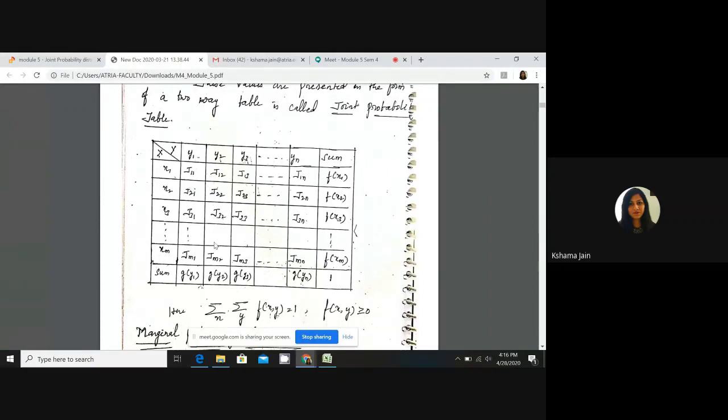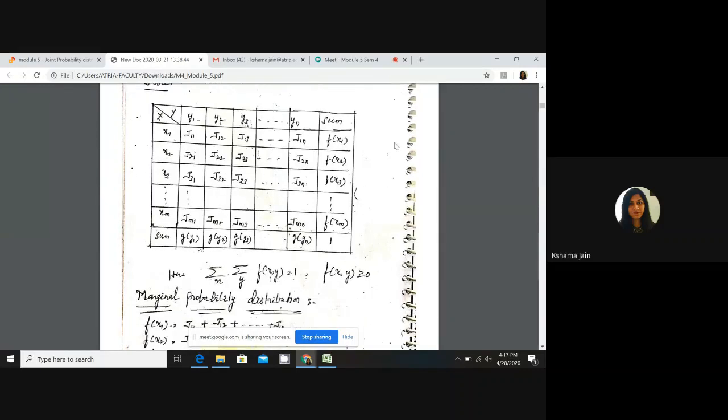So these are the probabilities. Here you will write fxi. This is the sum of all these for the corresponding x only. And this will be the corresponding sum for y1, gy1. So this is the sum. If you add them all, it should come equal to 1. And same here, if you add them all, it should come equal to 1.